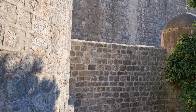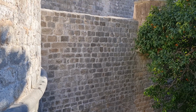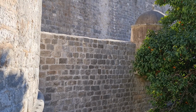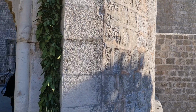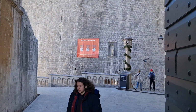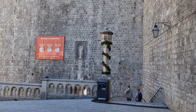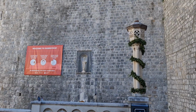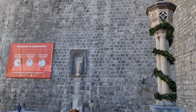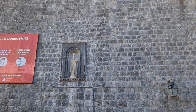So the cannonball will bounce off the round tower, or if it hits the flat part of the wall, between the two walls there is a filling with soil, with dirt. So if the cannonball hits the first wall, the energy of the impact will be dispersed in that, let's say, sandbag effect area, and there will be no damage inflicted on the wall whatsoever. How greatly it was built, we saw in 1991, when for the first time